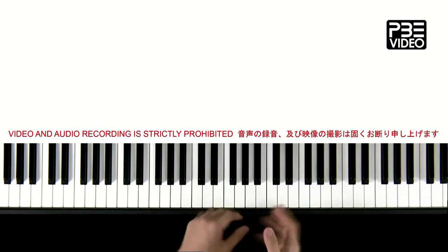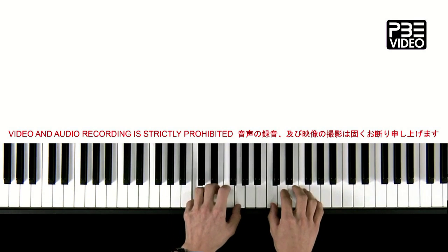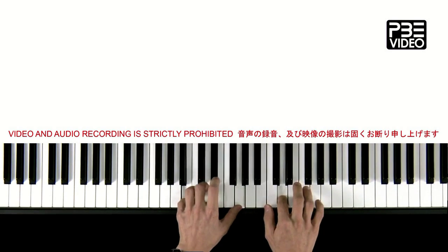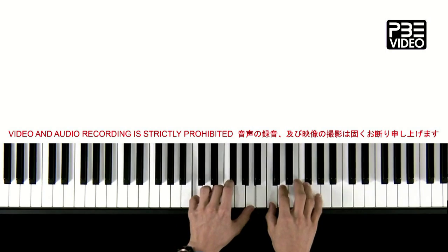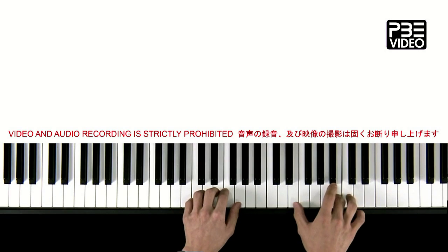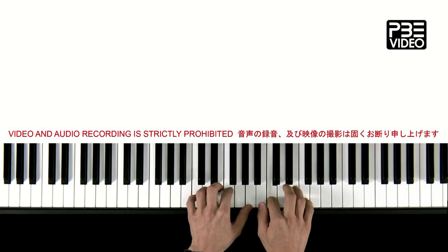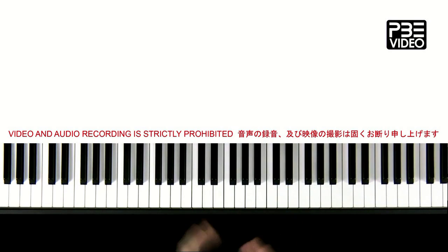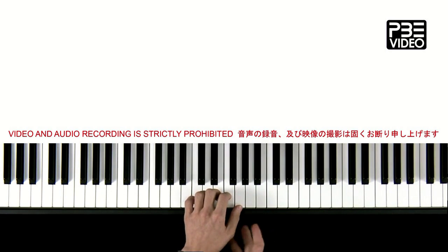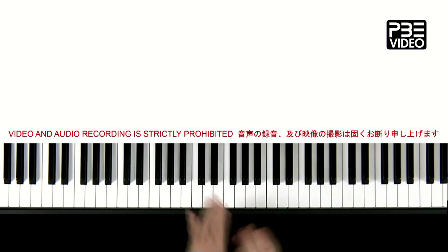So basically, just playing in very close range. See, G chord. F chord. Okay, so I'm still in close playing. You realize that your left hand, okay, there are a few ways to go about doing